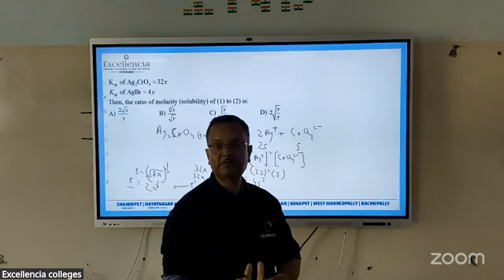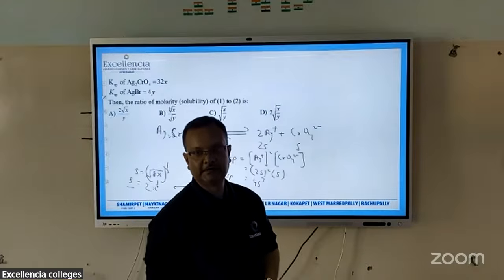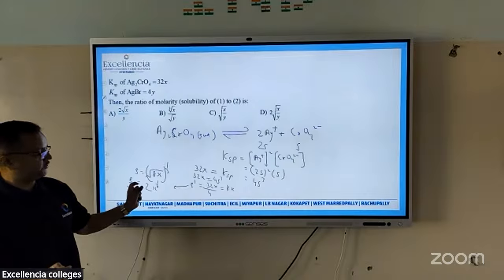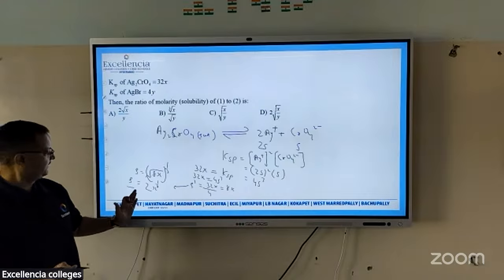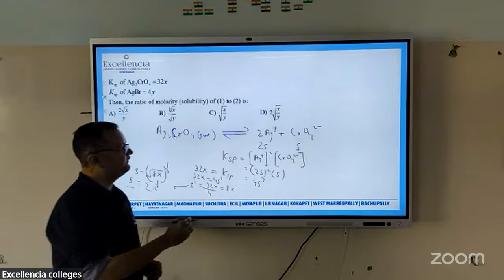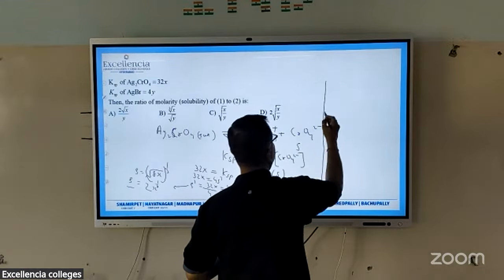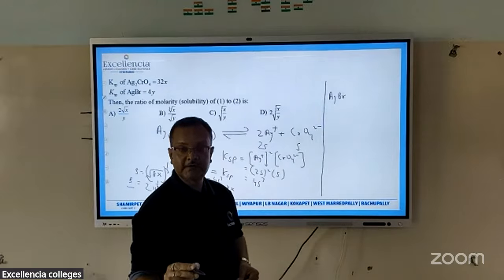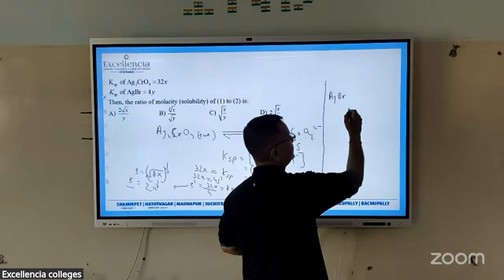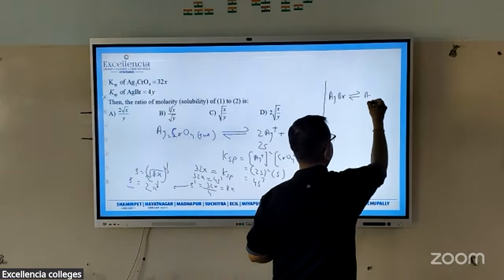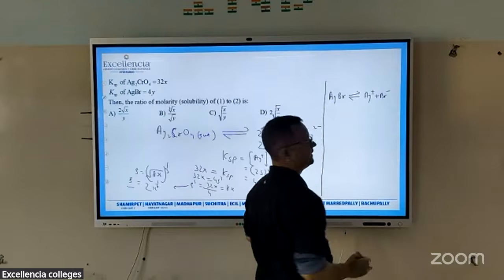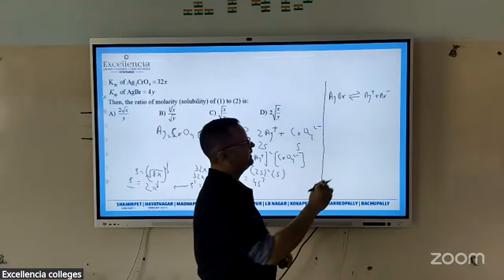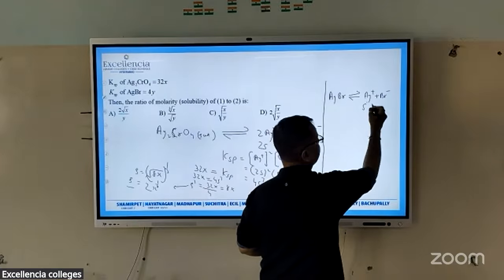In this question the two solutions are separated. They are not combined together. So the solubility of our first salt is coming as 2 into the cube root of x. Now what was the second one? The second one is AgBr saturated solution. It also lies at equilibrium with its ions, Ag plus and Br minus. Let the solubility of this salt be S dash. So at equilibrium the concentrations of these ions are S dash and S dash.